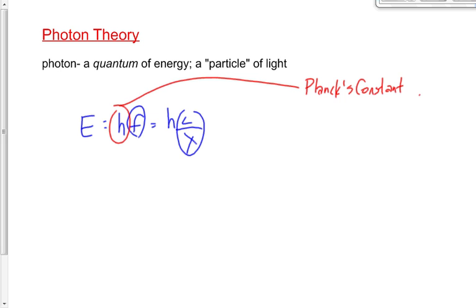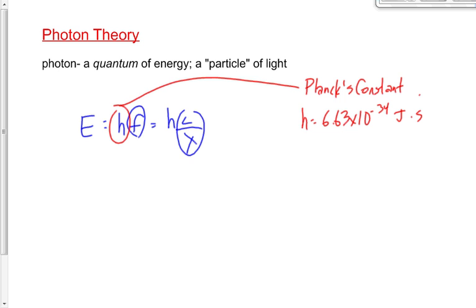It was Einstein that came up with photon theory and explained the photoelectric effect with this particle theory of light. But a guy named Max Planck actually laid the foundations for quantum theory. Hence, he's the guy that gets the constant named after him, Planck's constant. Got to be given credit somewhere, right? The value of Planck's constant, the value of h, is 6.63 times 10 to the minus 34 joule seconds.